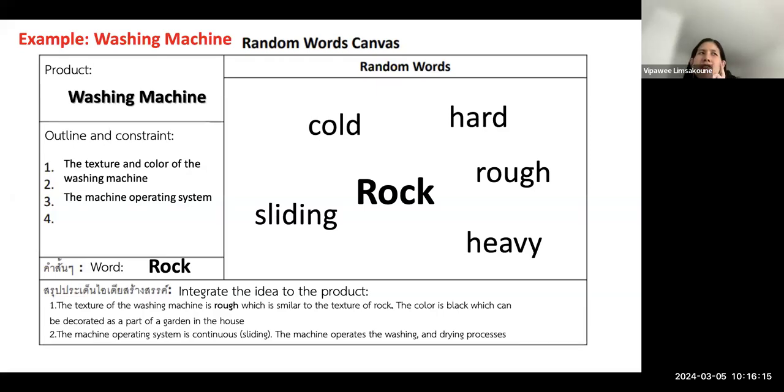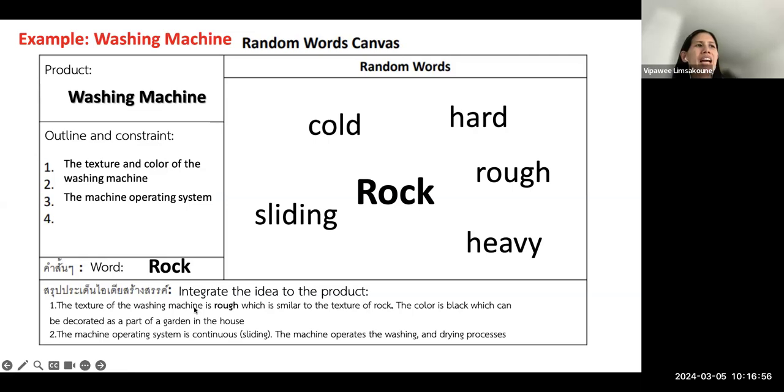The limitation of these tools, random word, could be the diversify of thought. It might not. It constrained by your outline here. Okay, if you provide diverse outline, or you provide squarely outline, you outline different part to design, then it could be more diverse. But if you only have couple outline, then your idea it could be limit a little bit.